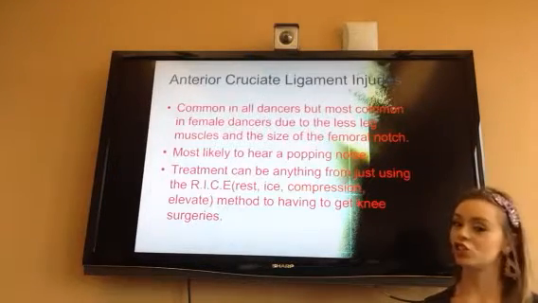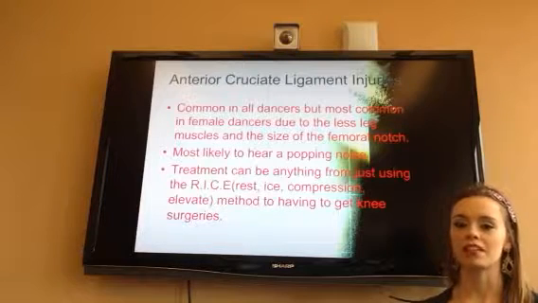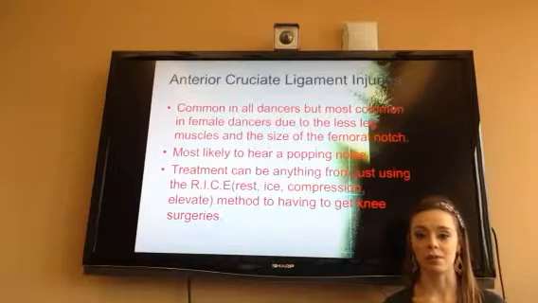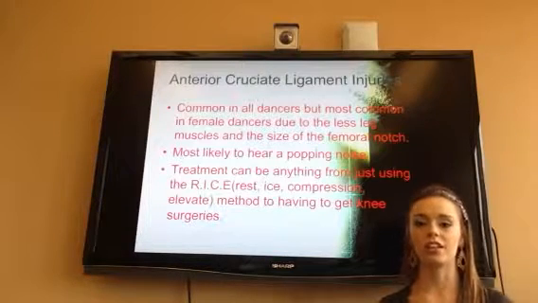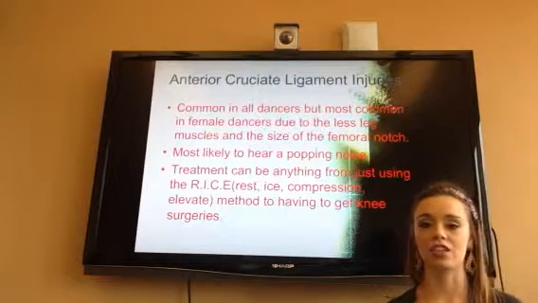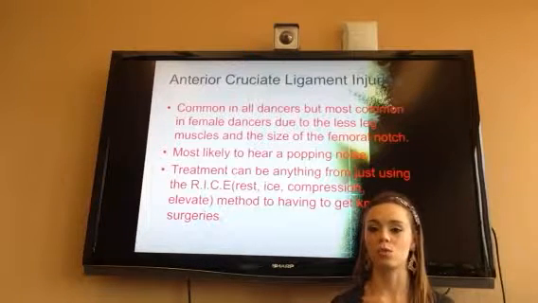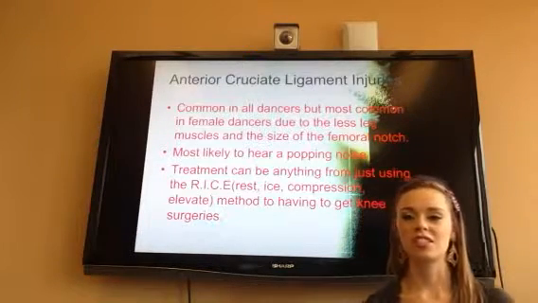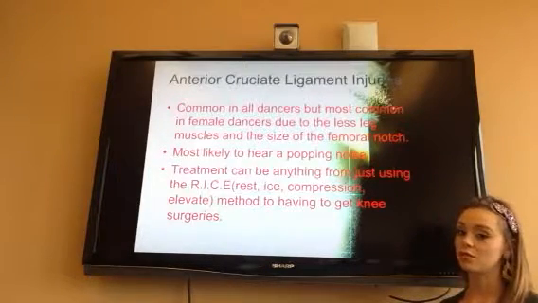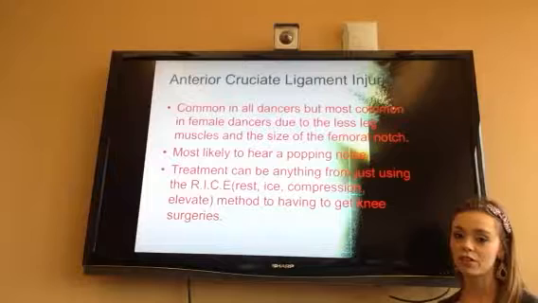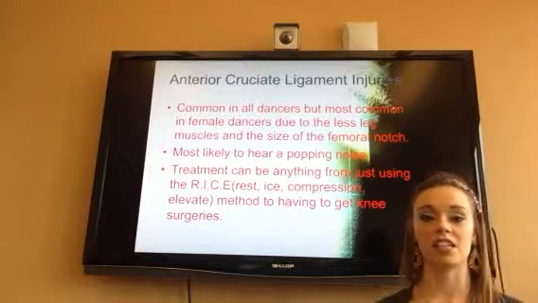To treat this type of injury, you should really think about using the method called the RICE method. The RICE method is when you rest, ice it, compress it, and keep it elevated every day that you can. Another way to seek treatment for these injuries is to see your practitioner and see if you need